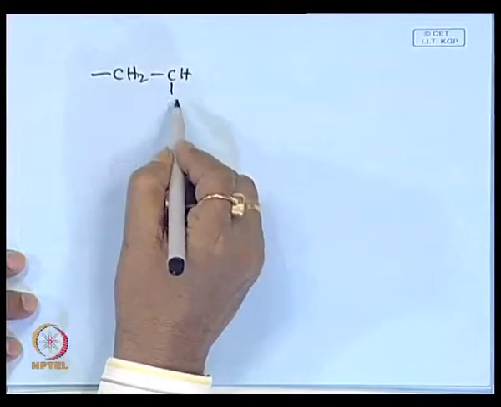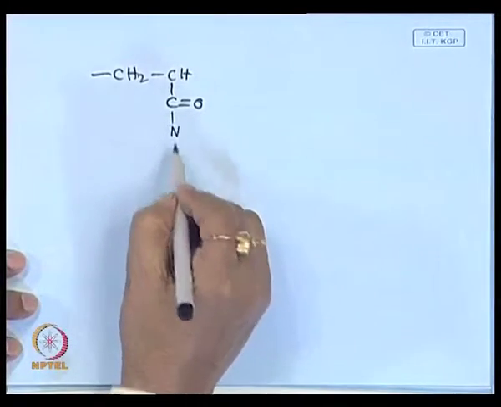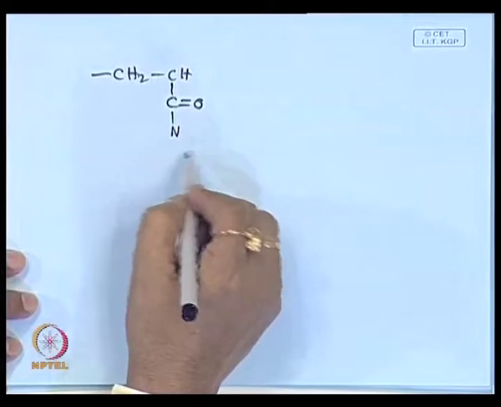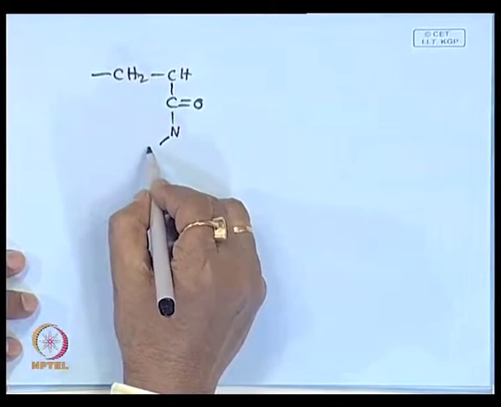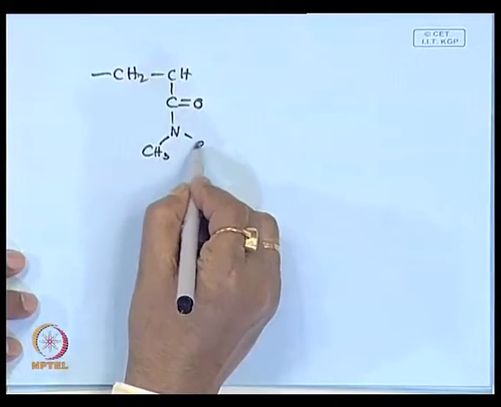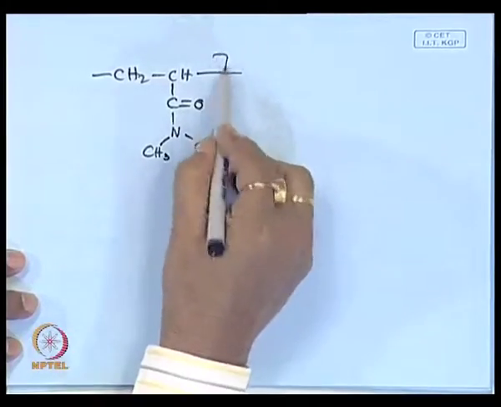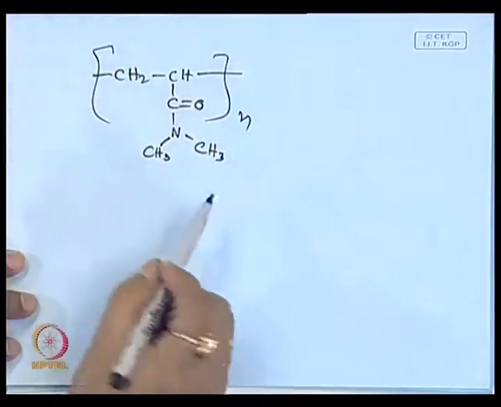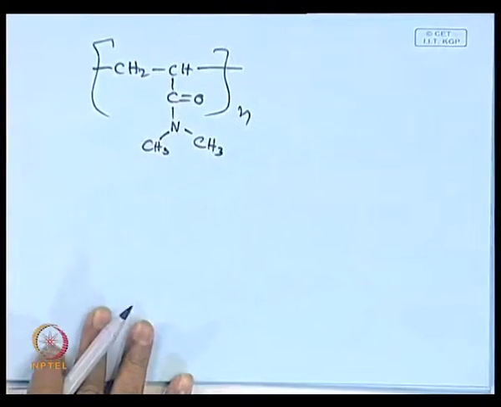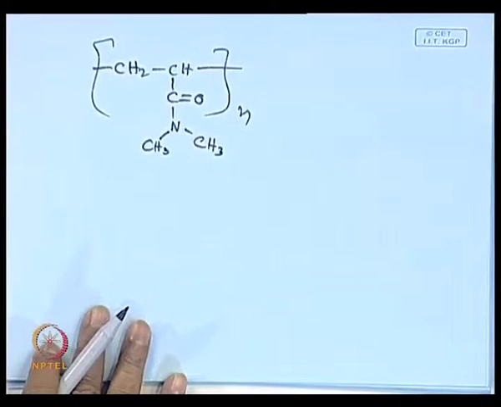On the nitrogen atom, you think of PIPAN. NH2, this polydimethyl acrylamide, and as well as poly N vinyl pyrrolidone